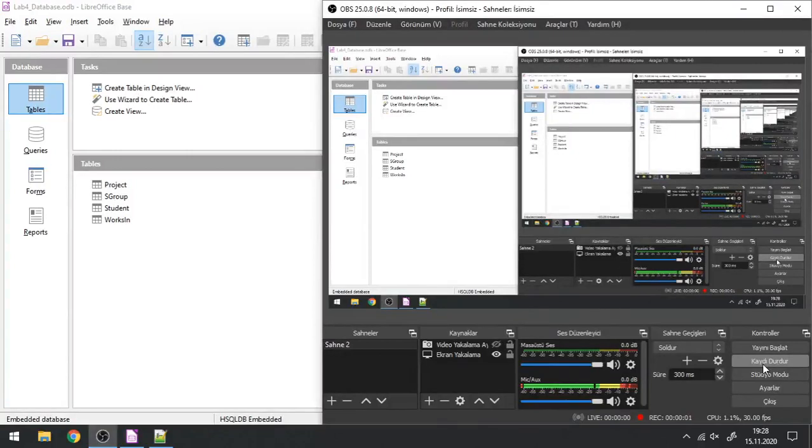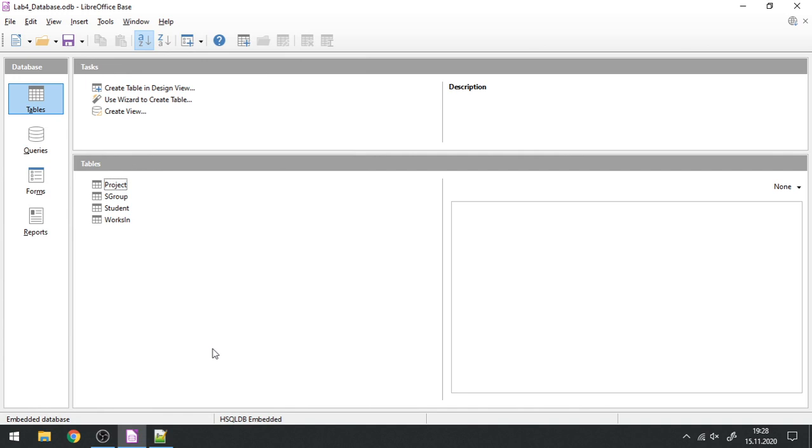Hello everyone, this is going to be the backup video for lab number 4, and in this lab we are going to use the given database. You can find the link in the handout file for an ODB database. We are going to use this database with a bunch of additional SQL queries, and this is a basic one,